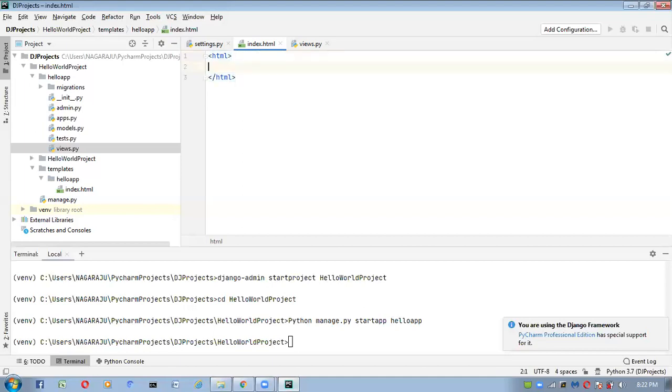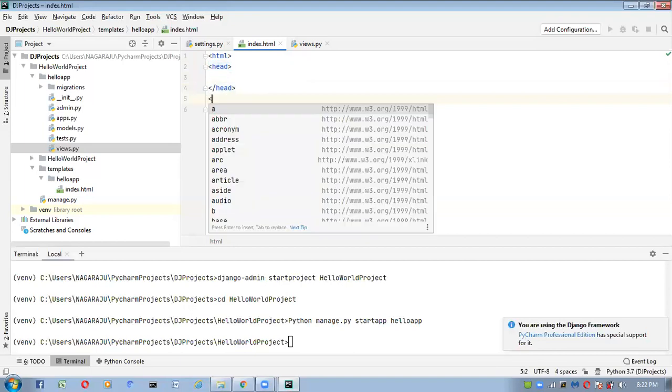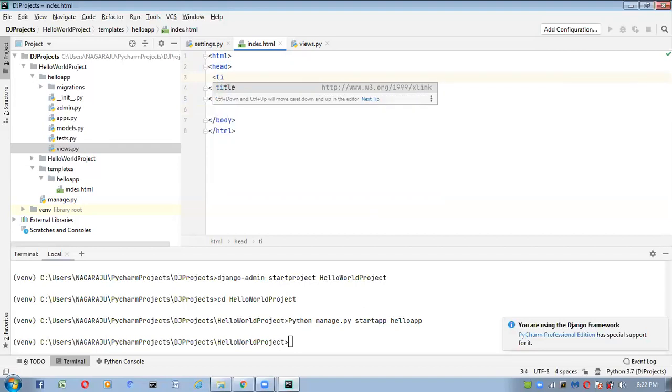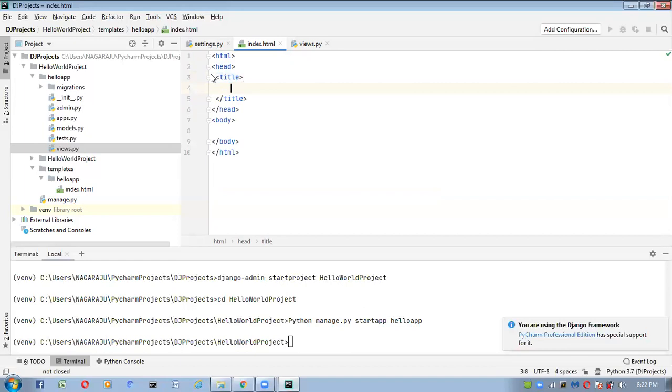Inside this we have to take a header and a body, and inside the header, if you want, you can take a title. The title you can give anything you want, otherwise it is not required.